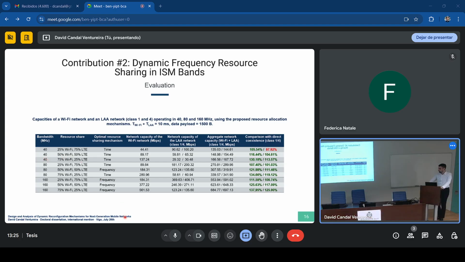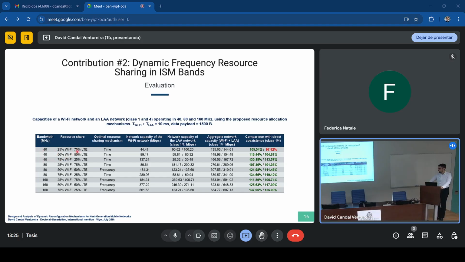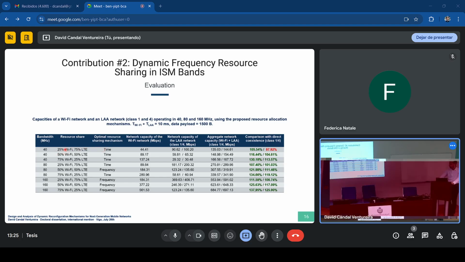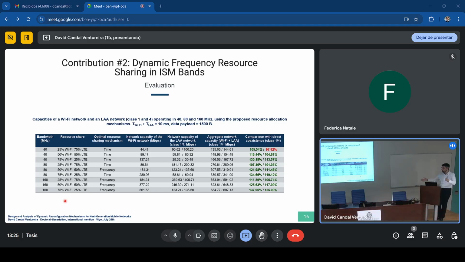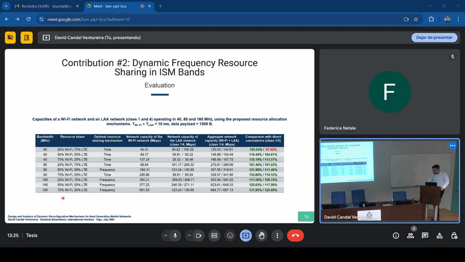In Wi-Fi, the lowest channel bandwidth is 20 megahertz, and therefore, if we divide the channel by 4, in this case, we use the frequency domain approach. We could not use any bandwidth at all because there is no 10 megahertz channel bandwidth. But in other cases, it depends on, for example, the data rates that can be achieved at different bandwidths.